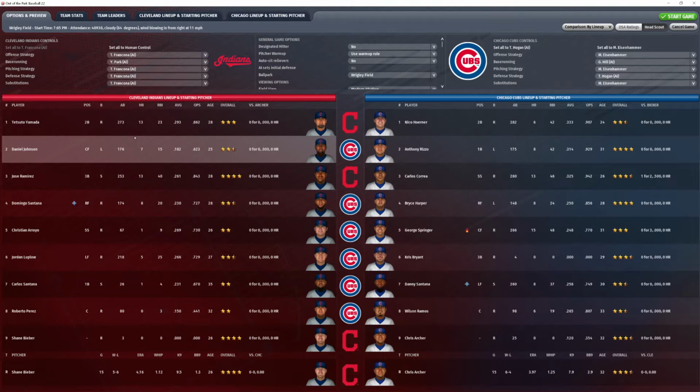For the Indians, Shane Bieber will be on the mound. He is making start number 16 with a 5-6 record. He has a 4.16 ERA and a 1.12 WHIP. The Indians lineup will be Yamada, Johnson, Ramirez, Santana, Arroyo, Luplow, Santana, Perez, and Shane Bieber is on the mound